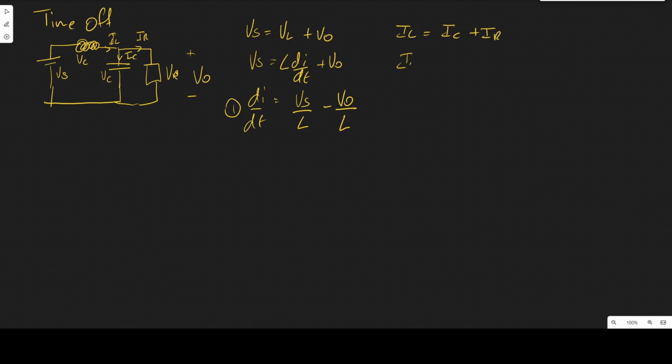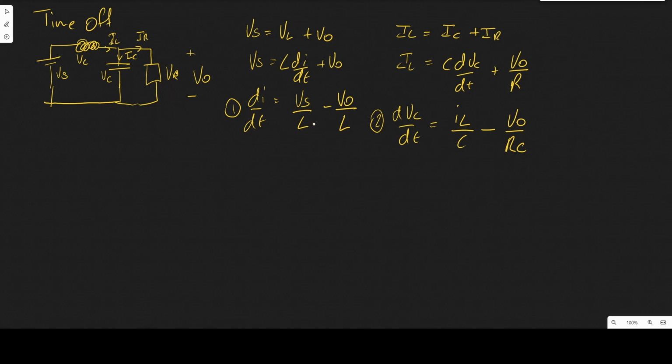So IL is equal to C dV/dt. This is the voltage across the capacitor, plus Vout all over the R load. Now writing this on the other side to obtain the second state equation, we obtain IL all over C minus Vout on RC. So these are the two state equations, and we will now write them in state space form,